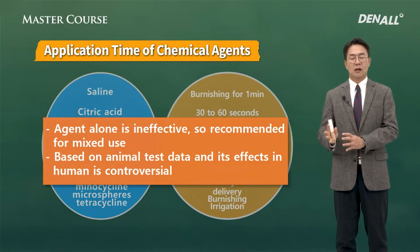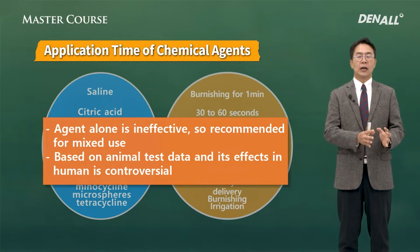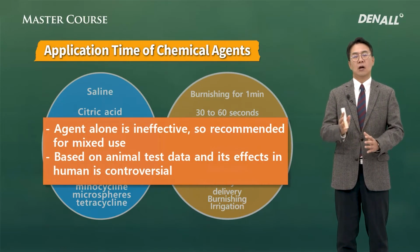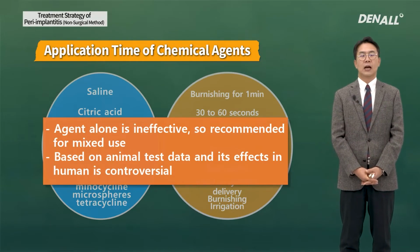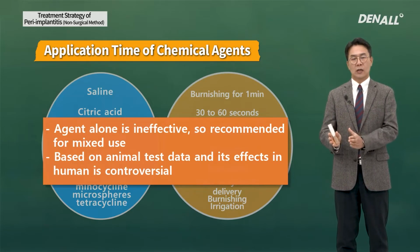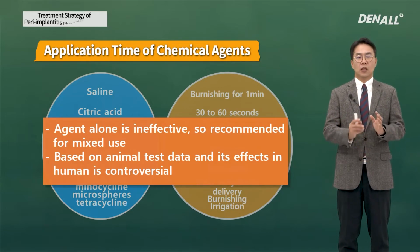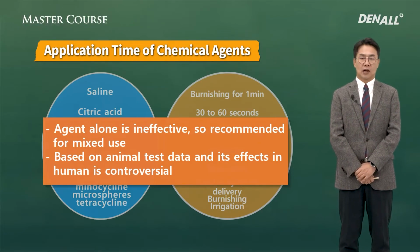This is well reflected in animal studies. However, there's still a lot of controversy in human studies. People argue a lot over its effectiveness. However, there are ways to do it most effectively, and this will be addressed in the lecture. Once again,